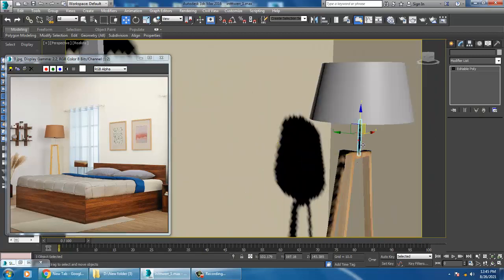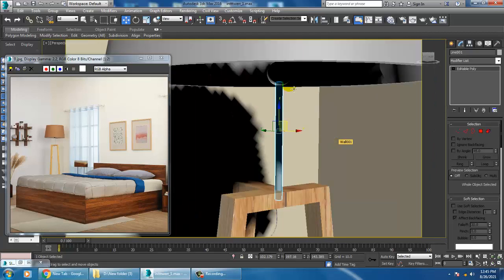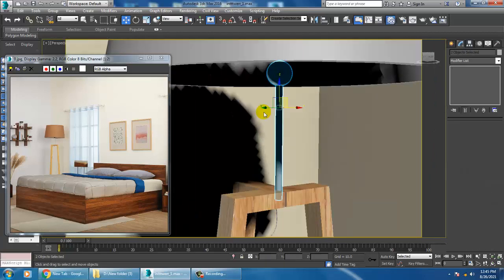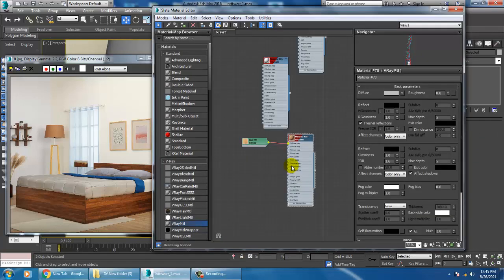So let's go over here, select this, go into the material, and we'll give a metallic texture over here.